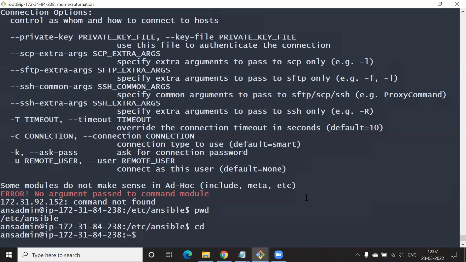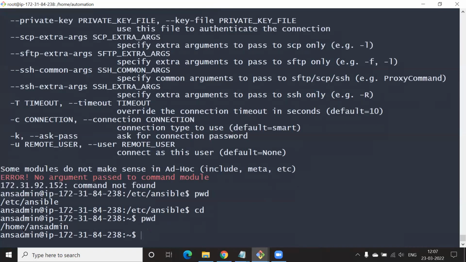Do PWD. You're in Ansible. No, do PWD. Yes. Okay, sorry about that.